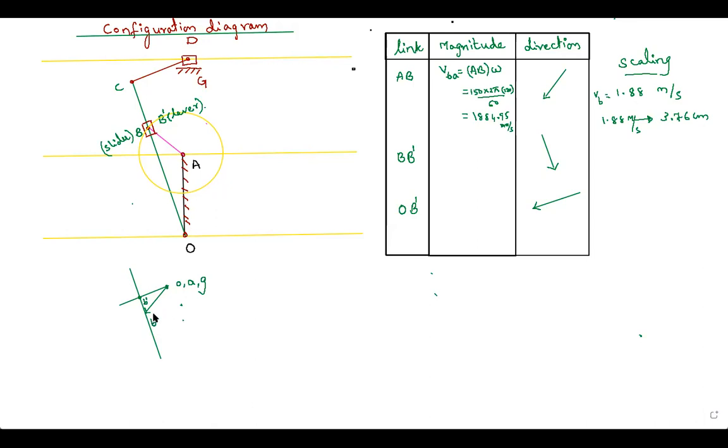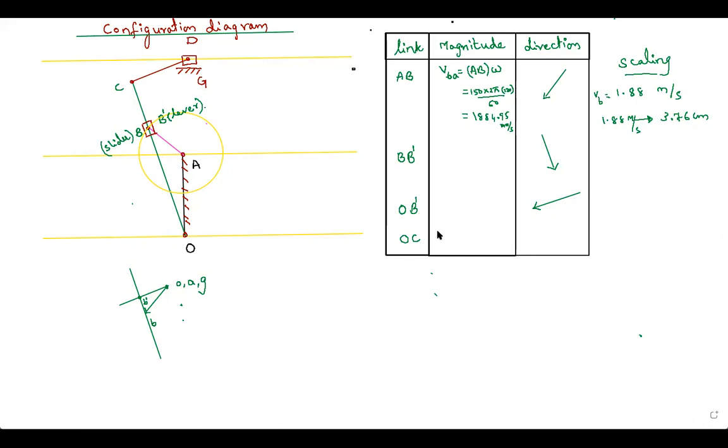Well and good. Now we have what? We have B dash. We have O. Do we have C? C is on the same link, guys. You can see O, B dash, C are on the same link. So now I want to study about OC. How to study about OC? Now magnitude. I can easily know the magnitude. How will I know the magnitude? Check out over here. I will use the method of ratios to find out the magnitude OC.